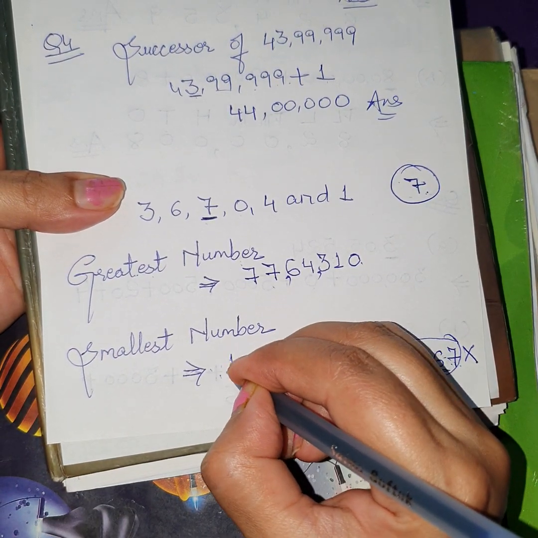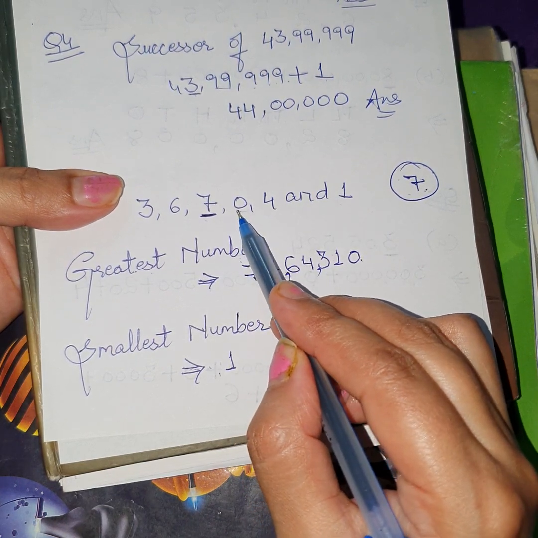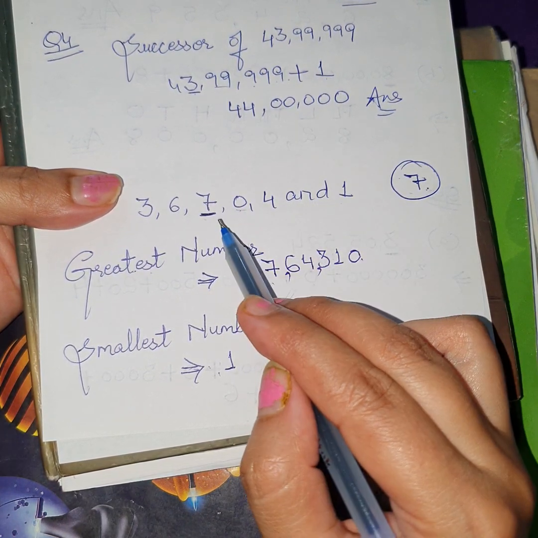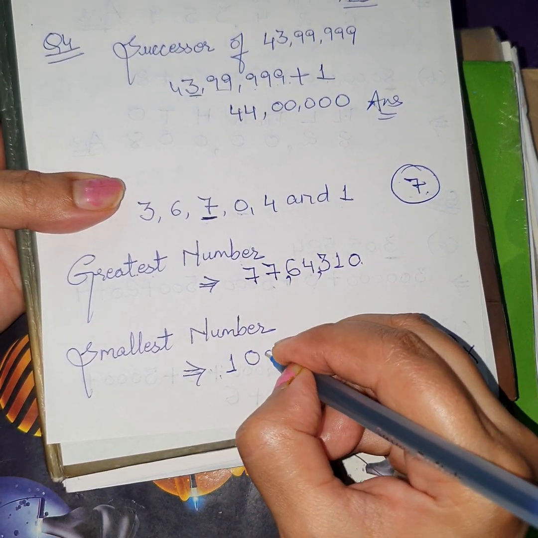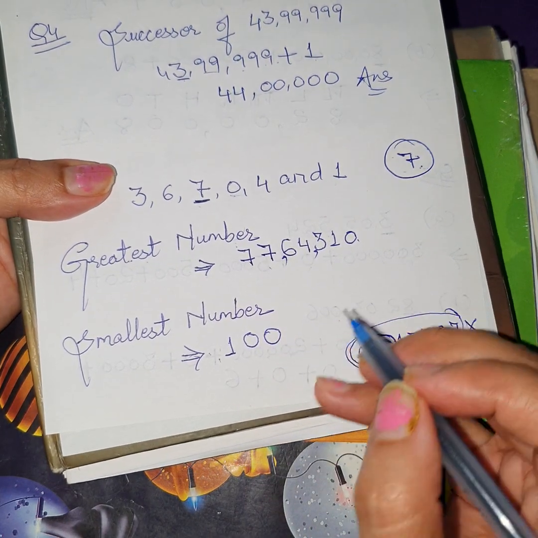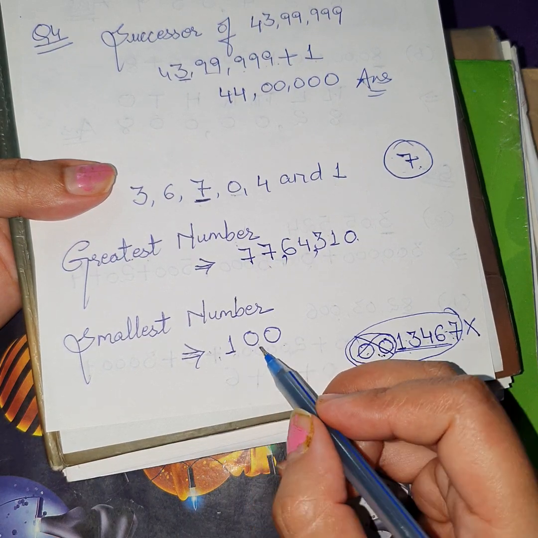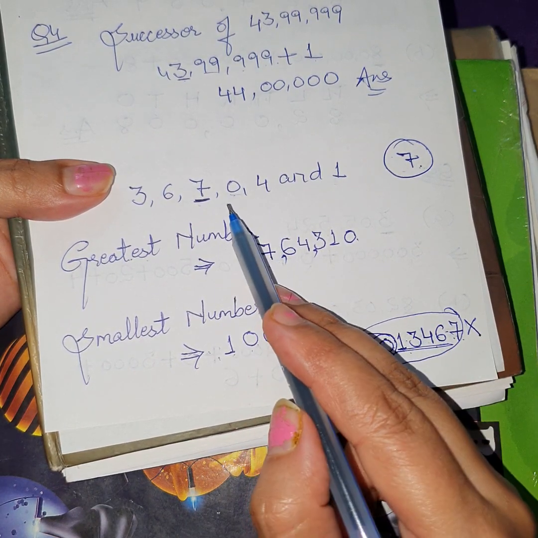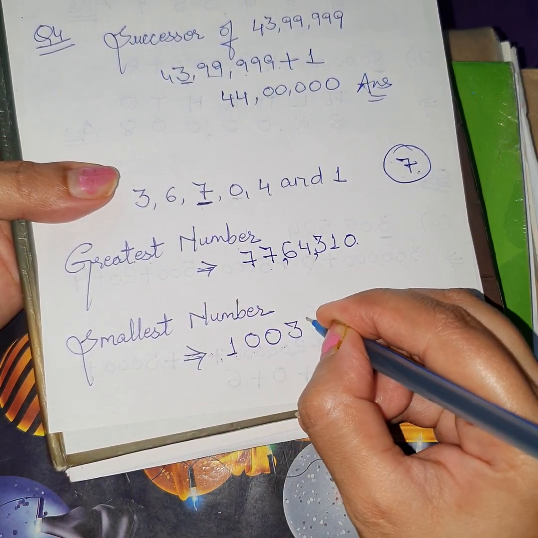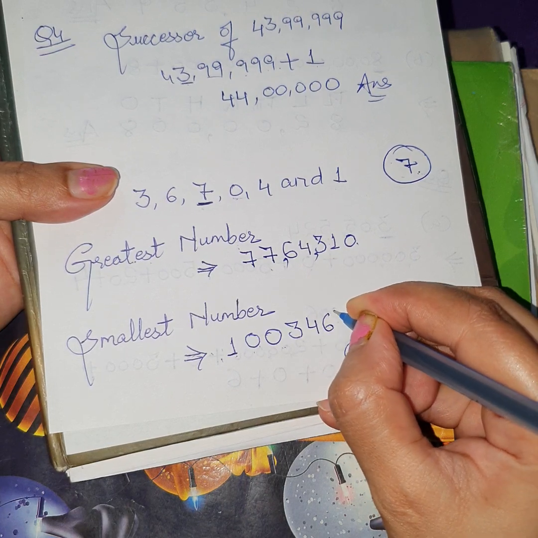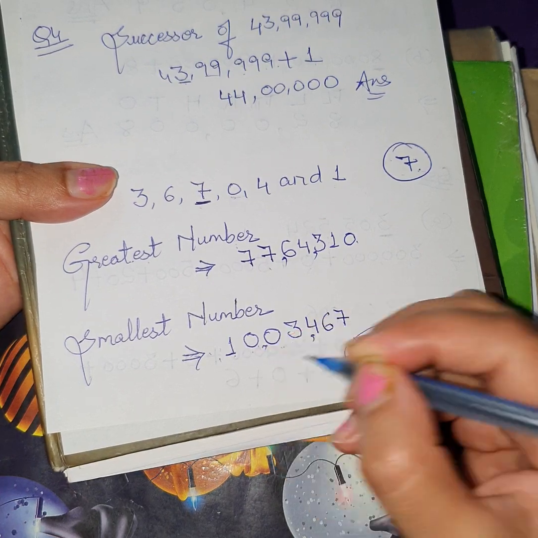So we will begin our smaller number with 1, and then after that we will be writing 0. We have to write the 0 two times only, but not in the beginning. After 1 we will write it. Don't repeat digit 1 two times. You have to repeat the smallest digit only. So the smallest is 0 in the question, so repeat 0 two times. So after 1, two times 0, and then after 0 which number will come? The next smaller is 3, then 4, then 6, and finally 7. Then put commas according to the Indian system.